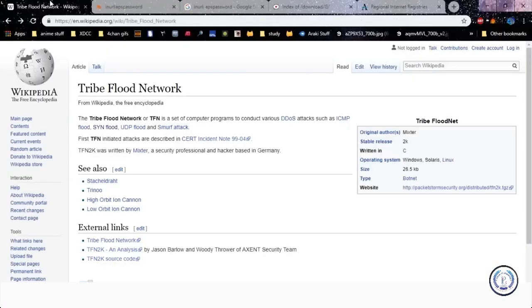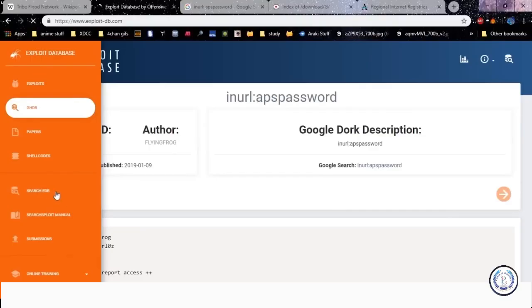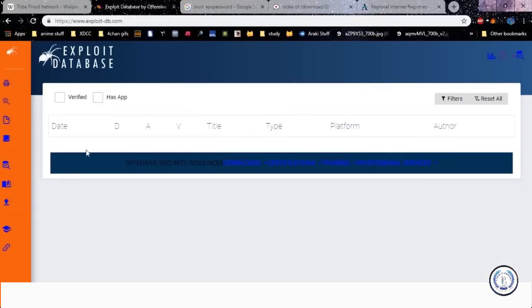Now, that was Google hacking. So Google hacking entries, and they also have a number of categories that you can look through to find some specific things. You can search specific information that you may be looking for with regards to a specific product. For example, let me just show you the exploit database. These are all the types of stuff you can go through out here.